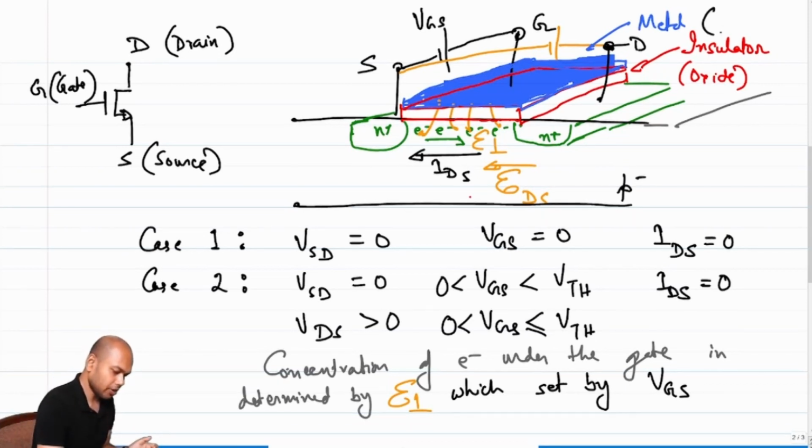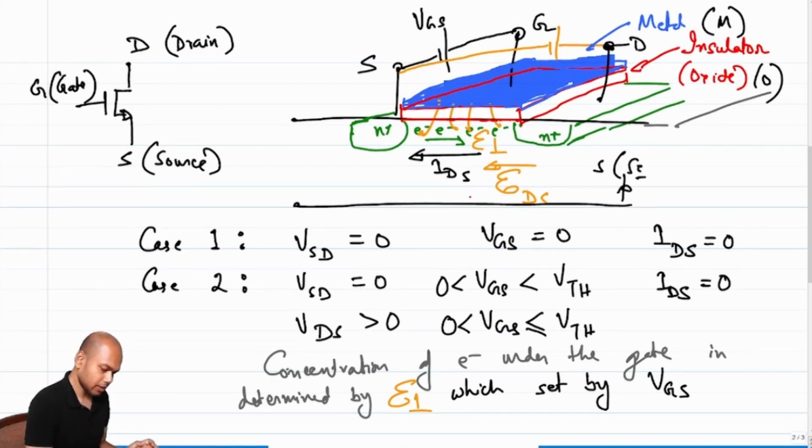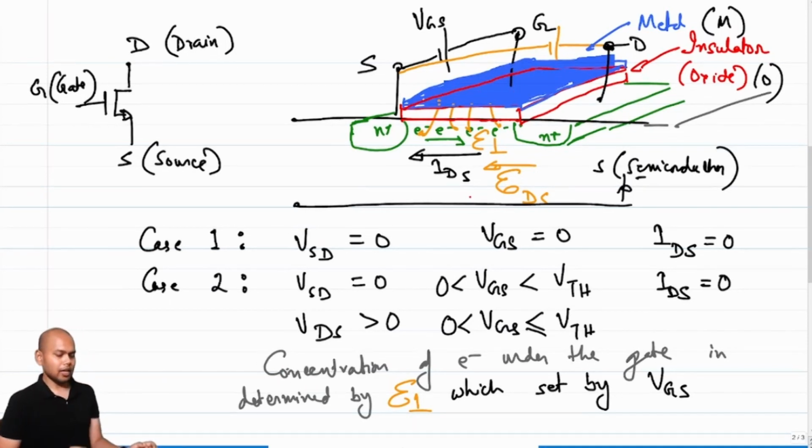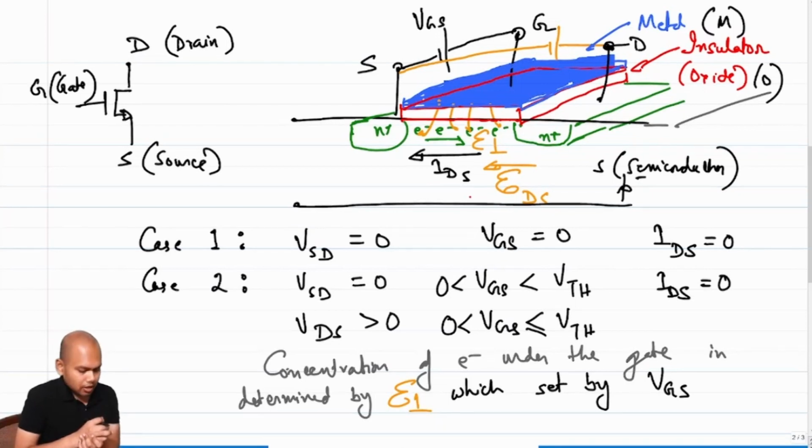So this metal on top is M, the insulator oxide in between is O, and the semiconductor underneath is S, and hence the structure is called MOS device, right? So since you have a metal and an insulator and a conducting plate underneath, it's natural to assume